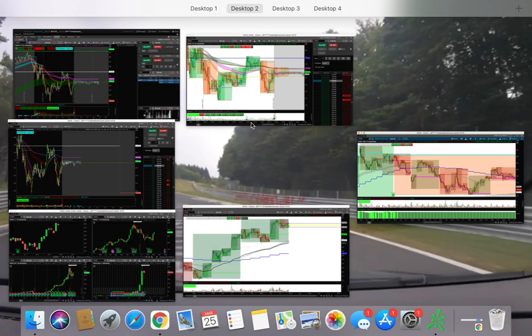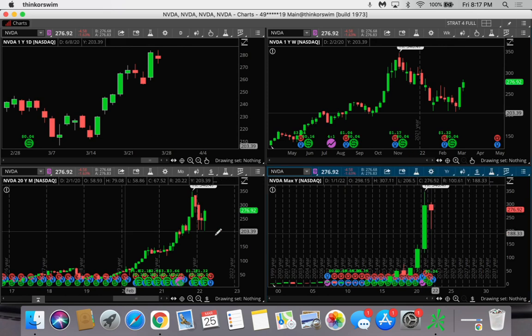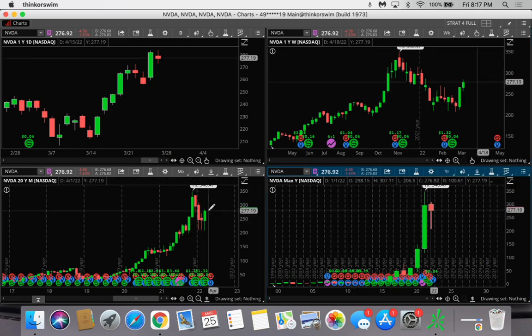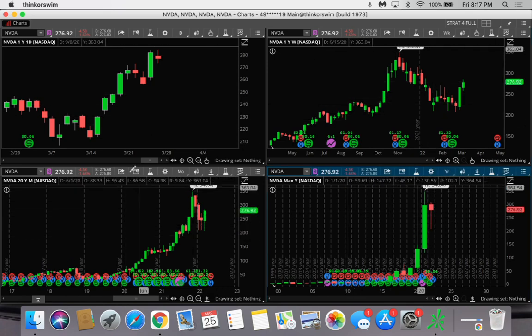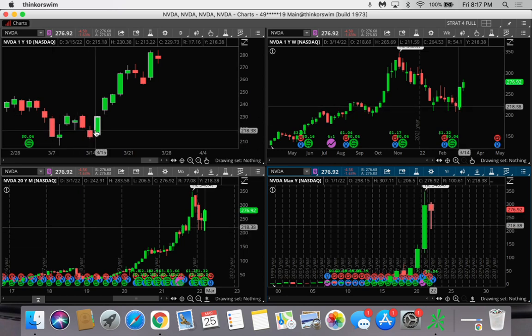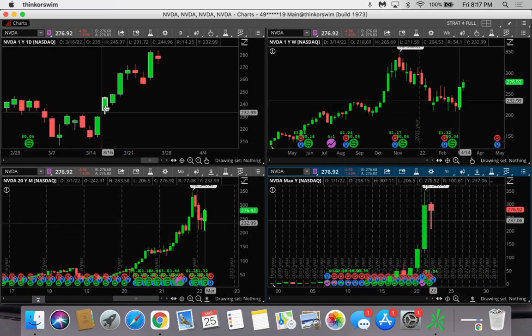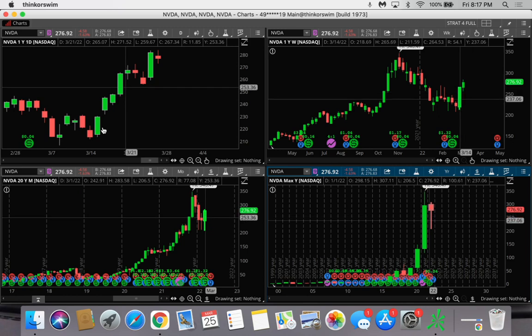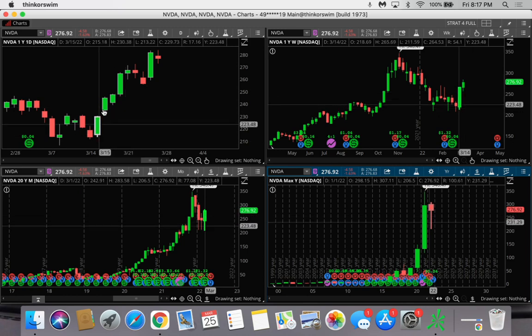Let's go back to this flex grid again. Remember, for there to be full time frame continuity, they all have to be the same color, which means they all have to be either above or below their respective opens. Okay. Now, if there's going to be full time frame continuity to the upside, then every time there's a new